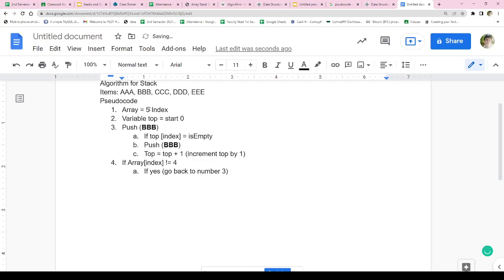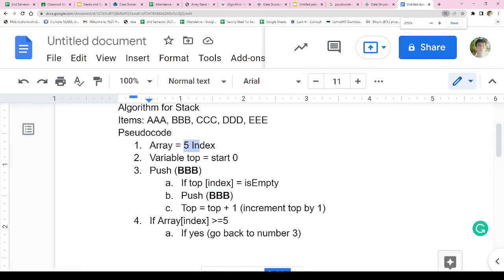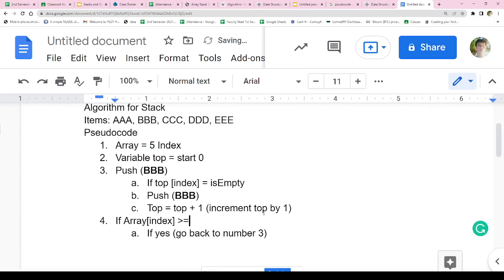So 4, or greater than or equal to 4, kasi the limit of our array is just only 5 items, right? So if the array index is not greater than or equal to 4, then go back to number 3, which is push. So you will push or insert triple C,